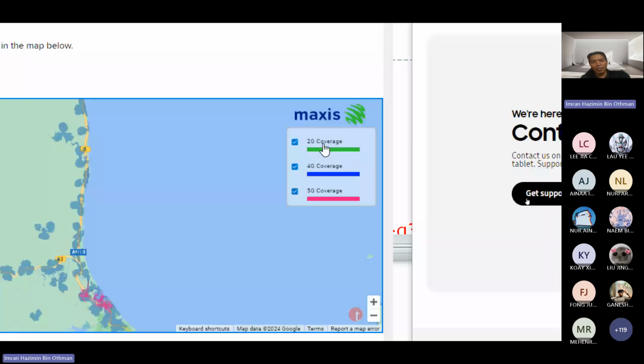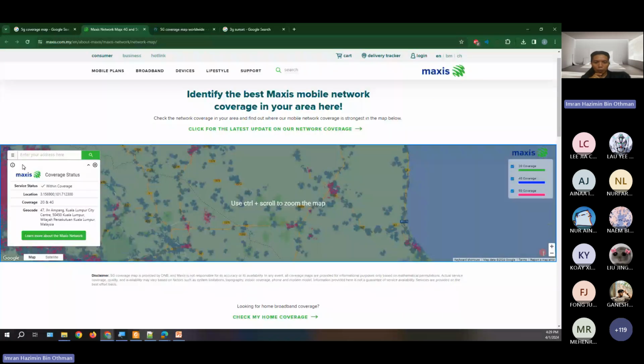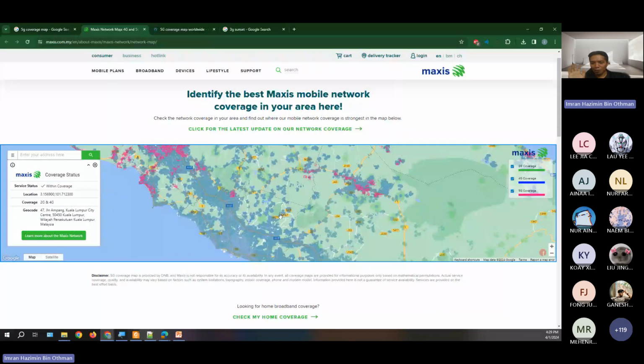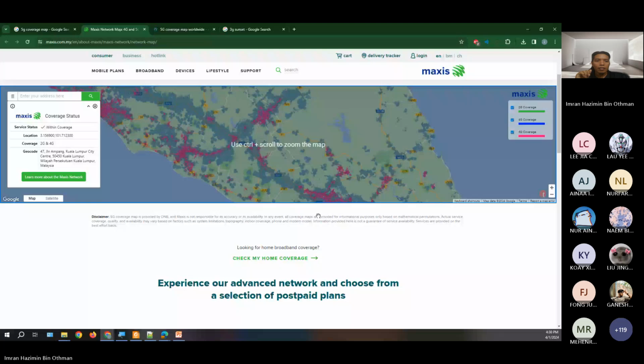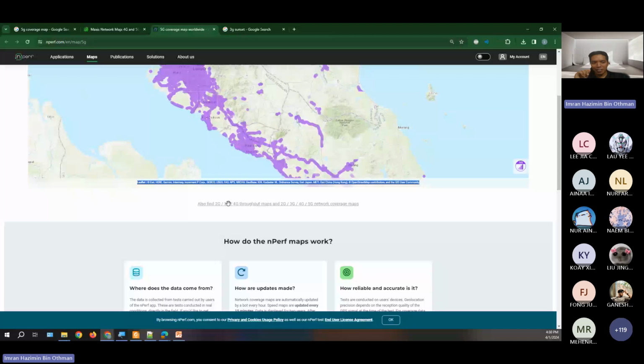2G, 3G is already sunset, closed, shut down, retired, whatever you call it. Okay, so 2G still exists in certain areas where it supports calls only, no video call. For worldwide, you go to NPERF and you'll see that Malaysia is getting better compared to